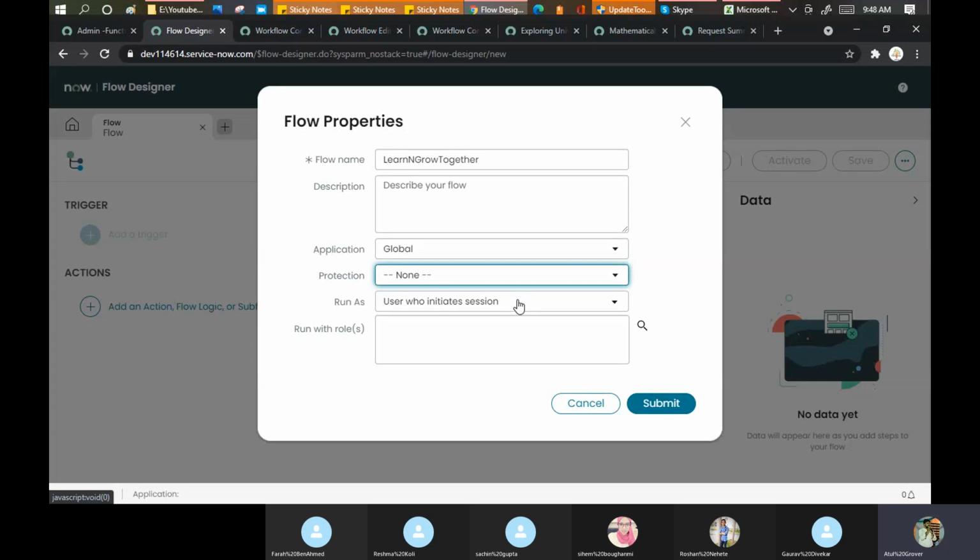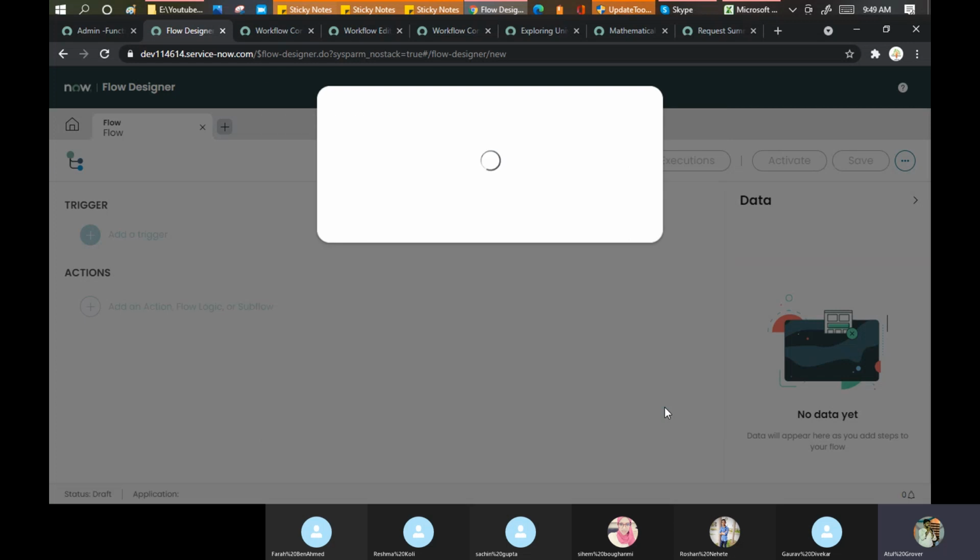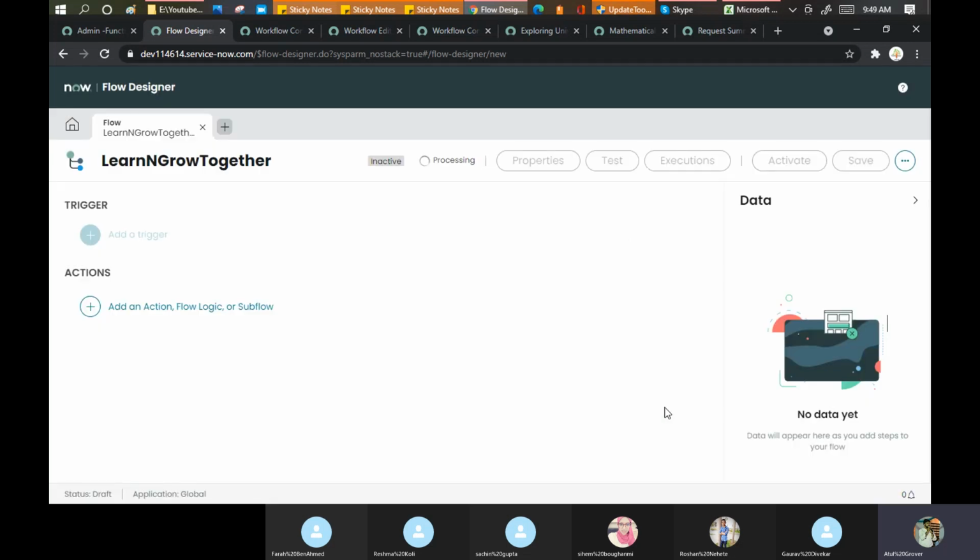When this flow will be running, you say as soon as the user initiated the session, as soon as the user created a record in my table, then this particular session should be running. I said okay, let me click on the submit here. You will be surprised. You will be happy to see this thing. Atul, wow, that is so. Okay, let me skip to here.